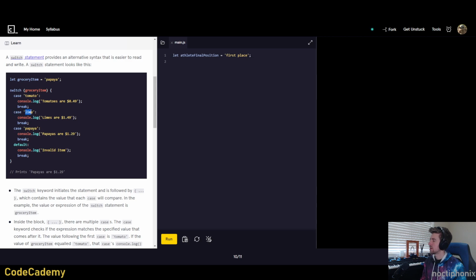Case, lime, console log, break. Case, check, console log, break. And then there's a default at the end. If none of these are true, this acts as the else part of the check. Invalid item and break. In this example, since they were papayas, the papayas are equal to $1.29 was printed to